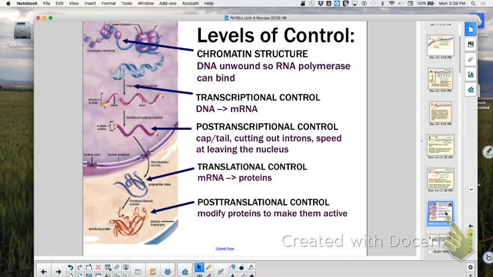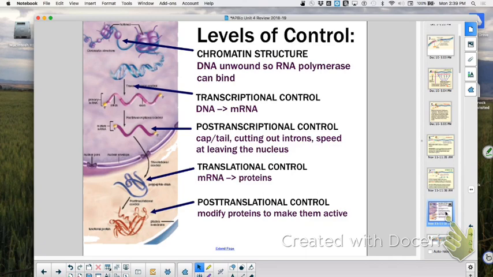Levels of control. We then transitioned into eukaryotic control. And eukaryotes aren't really dealing with operons. There's a lot of switches that we talked about. And the biggest part of all those levels of control is what? Which one is the biggest area of control? Yeah, transcriptional control. And in that scenario, it's not so much about negative control as it is about positive control and activators, and you have to have this present before that gene is transcribed.